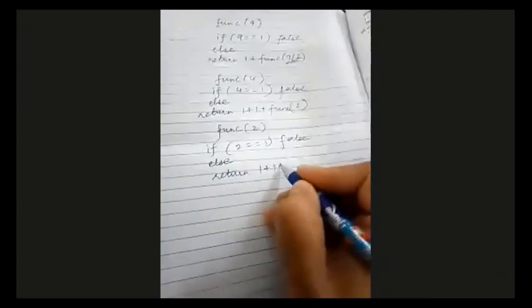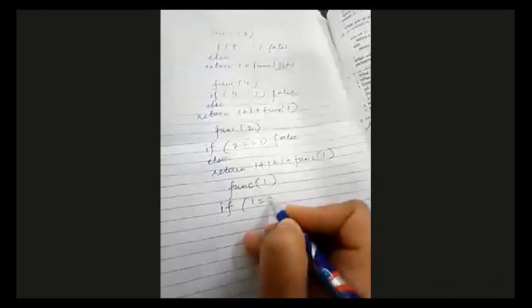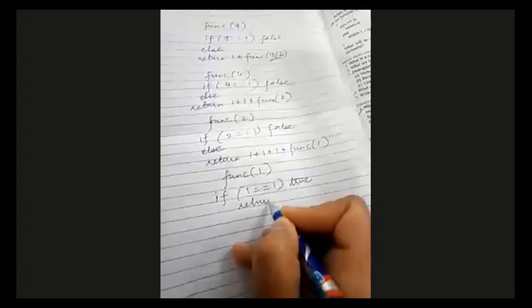So 1 plus 1 plus 1 plus function is being called with the value 1. अब 1 हो गई, तो function is the value 1. तो if statement जो है अब वो हो गया true. अब यहां से क्या रिटर्न करता है? 0. जब यहां से रिटर्न 0 करता है तो ये 0 कहां जाता है? वो जाता है इस स्टेटमेंट में जहां पर लास्ट टाइम कॉल हुआ था. ठीक है, तो वैल्यू क्या हो गई? 1 plus 1 plus 1 plus 0 which is equal to 3. Function is being passed value 9, it is going to return 3. Similarly the case of 10. 10 में भी ऐसे ही होगा, 3 ही आएगा आंसर. हर बार आंसर 3 आएगा.